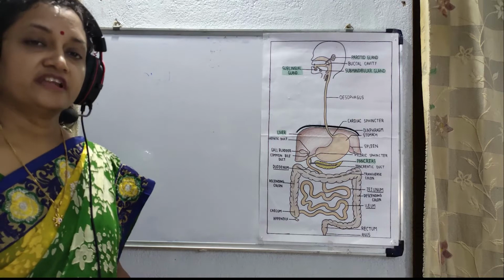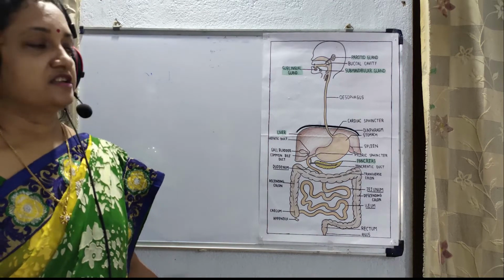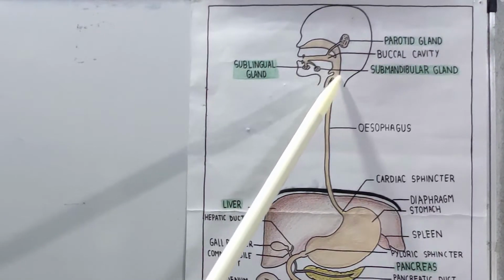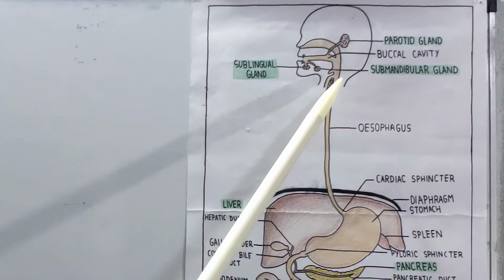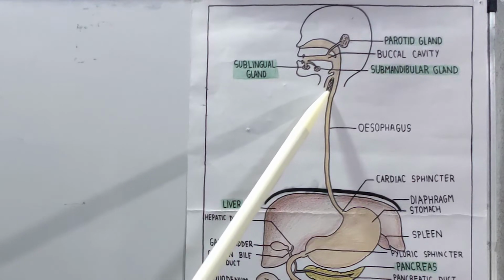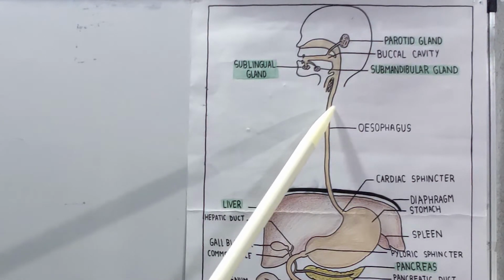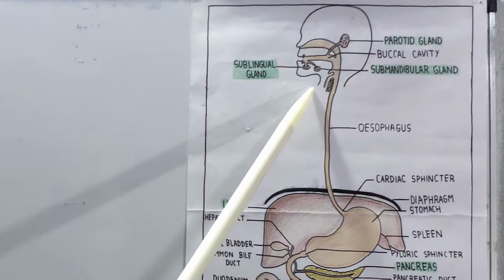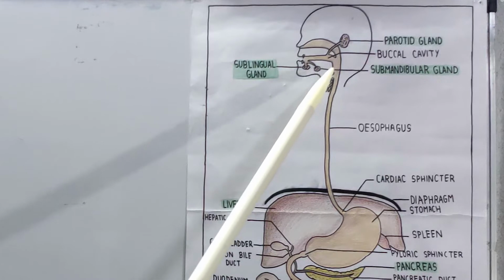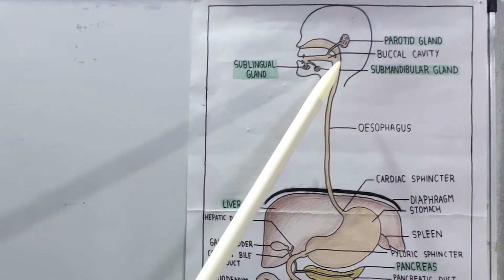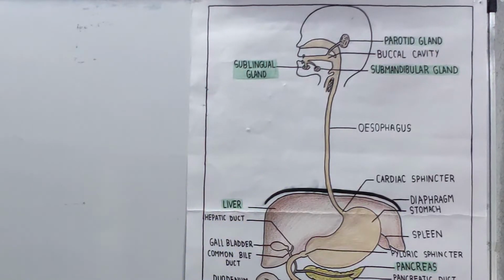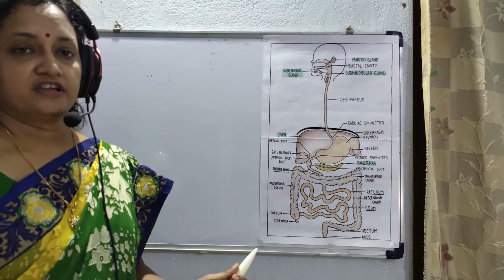Let us know the next part of the buccal cavity, that is known as the pharynx. The pharynx is a structure or a vertical chamber. It consists of 2 openings. One is the opening of the digestive tract, another is the opening of the respiratory tract. That means food passes through the pharynx and also air passes through the pharynx. That means the pharynx is called the common passage both for food and for air.